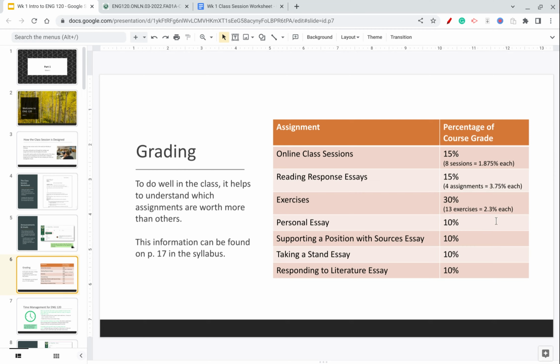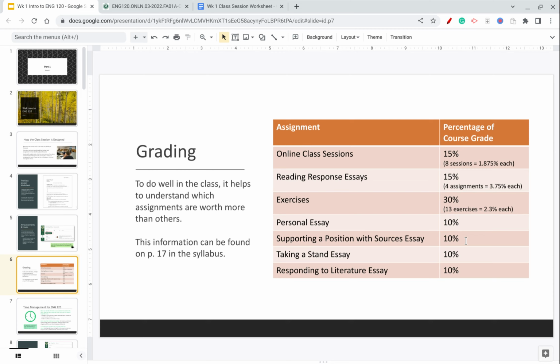All right, so if you miss one exercise, you'll lose like 2 points in the class. So if you were at 100, you're now down to 98% in the class. So it hurts a little, but it's not the end of the world. However, if you miss one of these major essays, you just dropped at least a whole letter grade in your